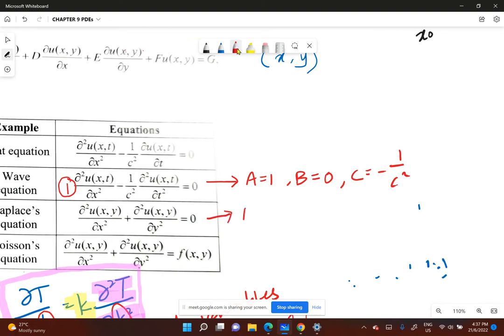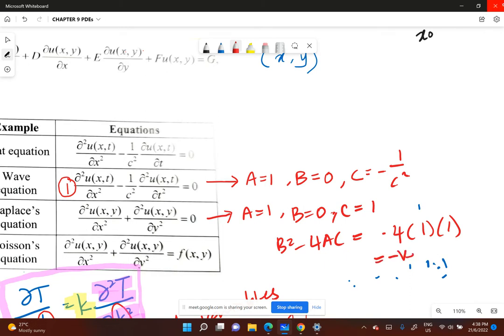So this means A is 1, B is 0, C is 1. So B square minus 4AC sama dengan 0 minus 4 times 1 times 1. So become negative value. Negative 4 kan? So this one is less than 0. So less than 0, that means this one is